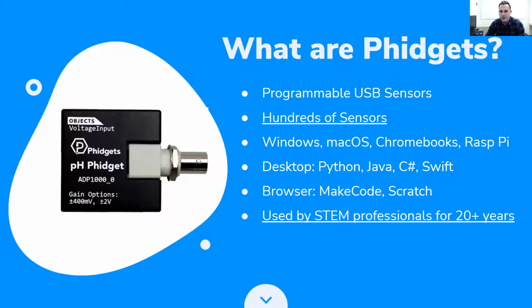So basically what that means is that you plug them into your computer generally. I mean, there are some wireless options, but generally you plug them into your computer, you write some code, generally in Java, Python, C#, Swift, any major programming language, and then you're able to interact with the physical world really easily. So I'm going to stop my share right here just so we can see my screen a little bit better